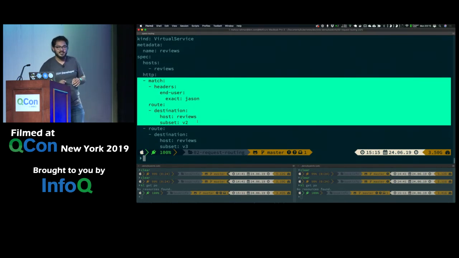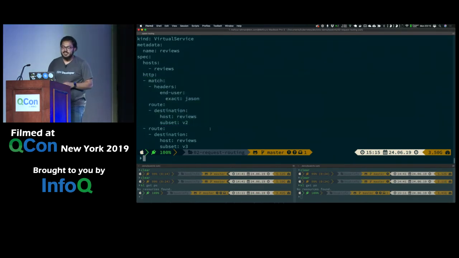No one named Jason. Perfect. Cool. We can do all sorts of things to Jason now. So if the user's name is Jason, show them v2, else keep showing them v1, and we're extracting this information from the header that the user sends. So if I apply this